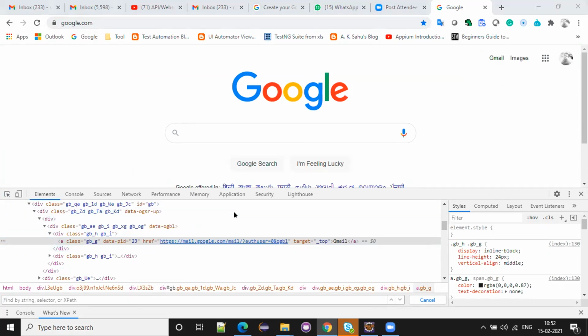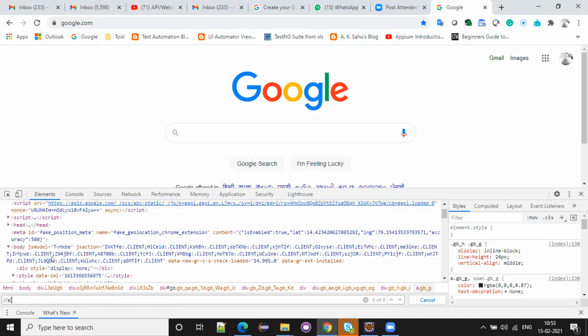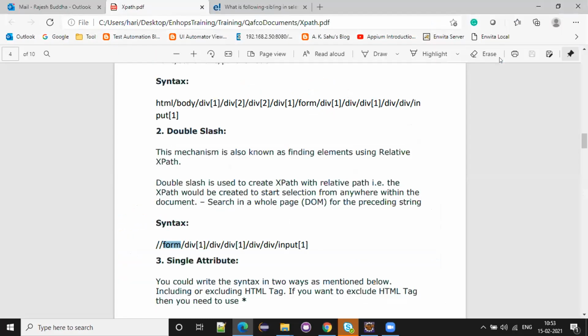First, a relative XPath will start with the double slash. This is the tag name: div, a, input, that is the tag name. What is the tag name for this Gmail? A, right? So if you see here in the document, I will share this document.